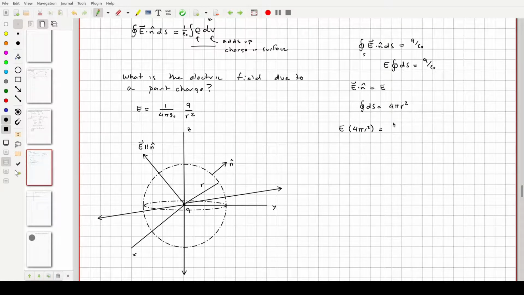On the right-hand side, I have q over epsilon naught. If I move all this stuff over here to the right-hand side, my electric field is q over 4 pi epsilon naught r squared. It's the same thing. Okay, so we were able to find, or at least verify, that this is in fact the electric field due